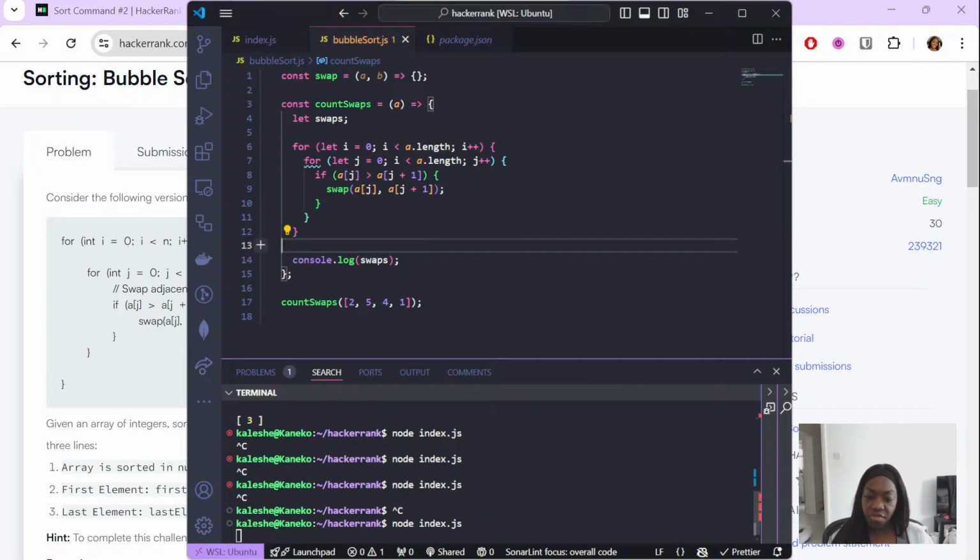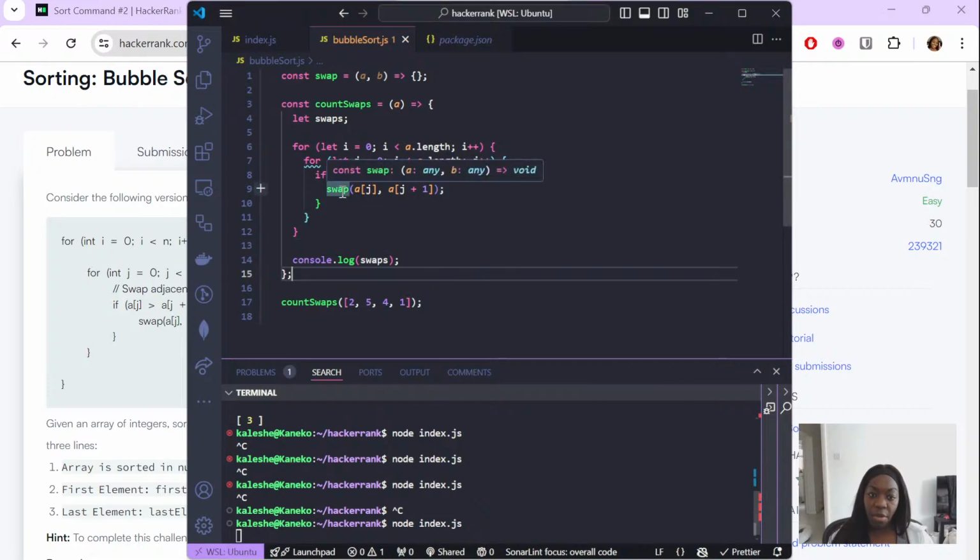So I'm wanting to swap these two. However, so yeah, if that value is more than that one,